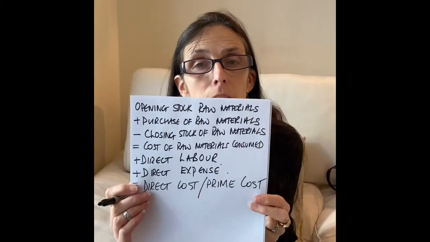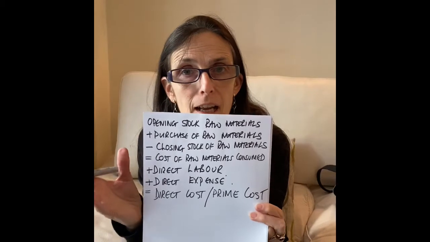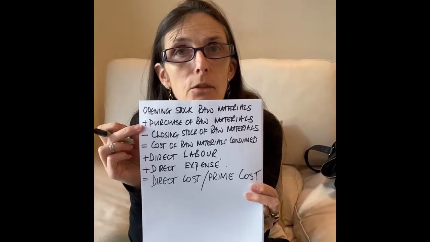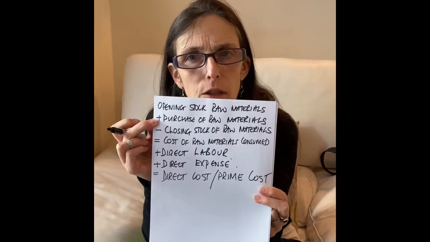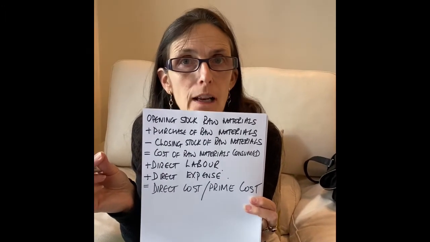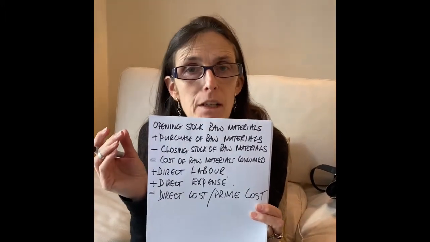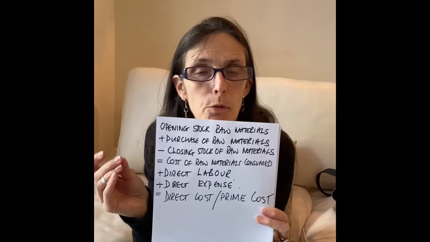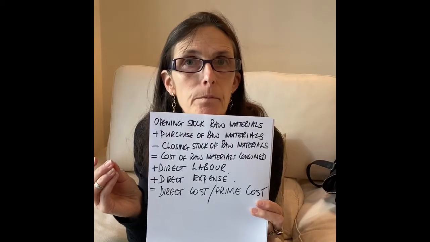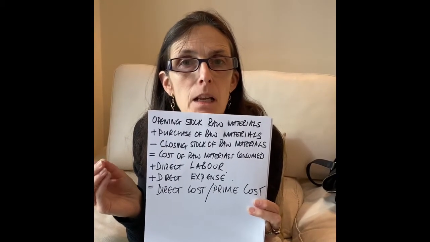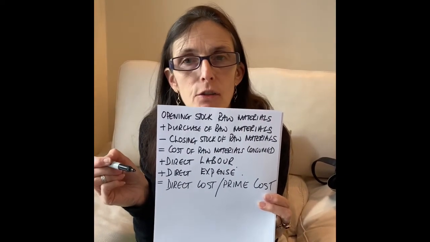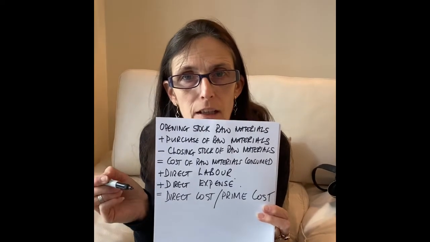It deals with actually being in the factory and trying to produce. And in trying to produce, we need the raw materials. How much raw materials do we use? What we had, plus what we bought, minus what we've still got left. We also need the direct labour to put the product together and any direct expenses that relate to that product. Okay? Therefore, the prime cost of production, the direct cost of production, is solely concerned with the direct cost of the